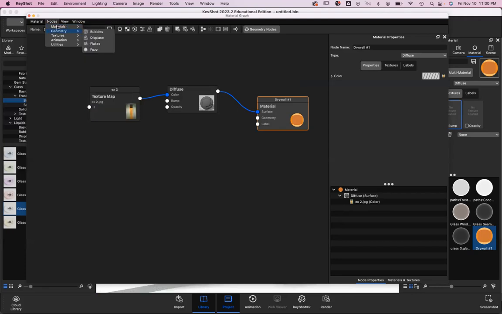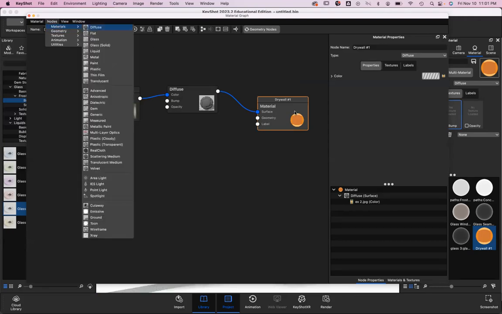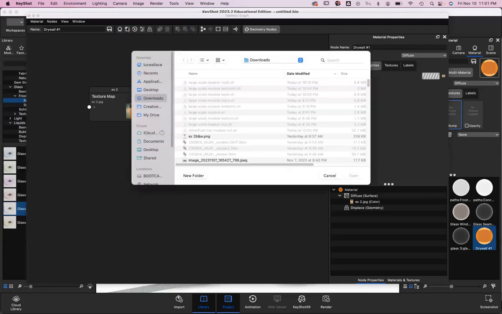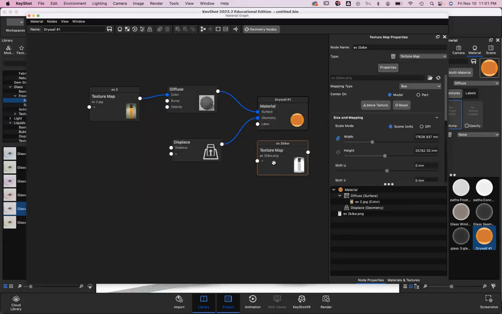So then here's material, and see how it's like diffuse material, or you can do glass material. So you could put glass here and then connect this to the surface instead. So I'm going to do this place and it's gonna connect to geometry. I need a texture for it. So even though I deleted the other one, I'm gonna show you, you can actually click on this thing and then I'm gonna do the black and white again. I'm gonna put it here in this place. So now that I have that,